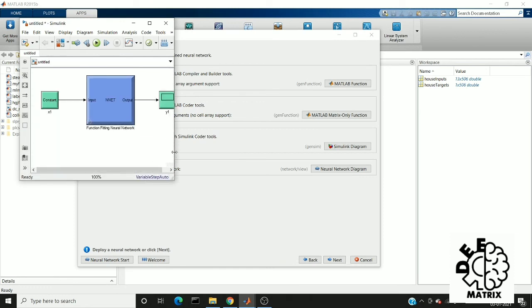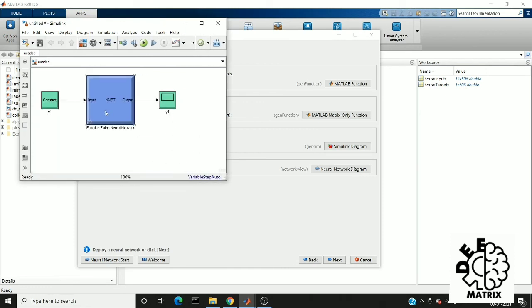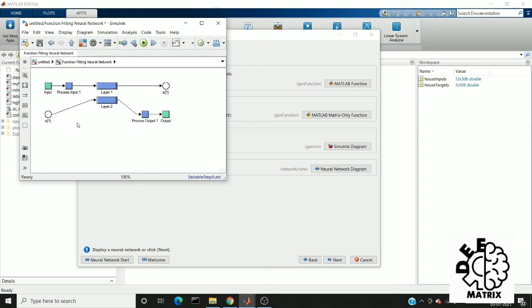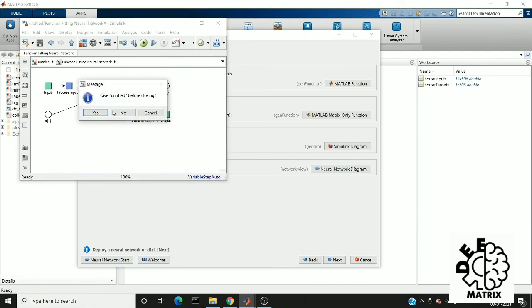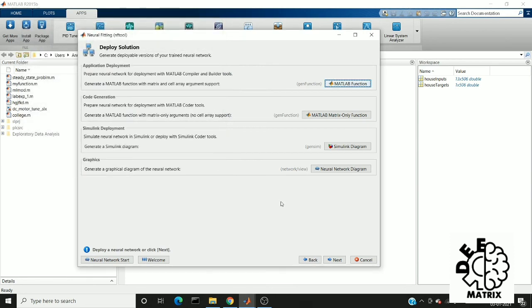So this is the model we have trained. You have an arrow mark here, and on clicking that, we can see this layer. This is the input layer, the output layer, and these are the intermediate layers. This is how helpful MATLAB is for working with neural networks.